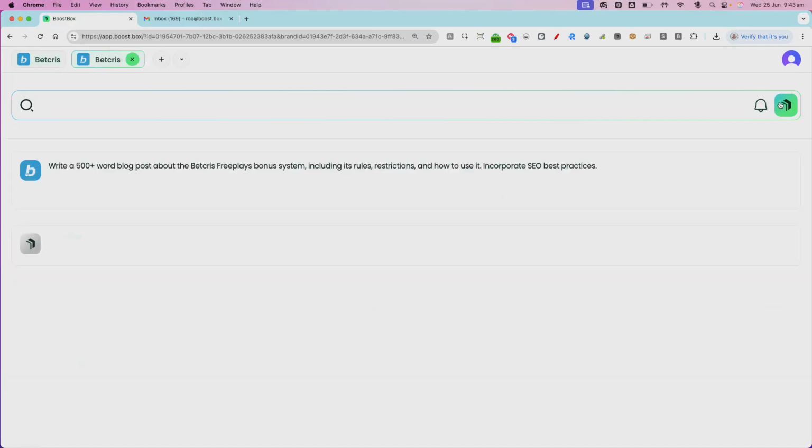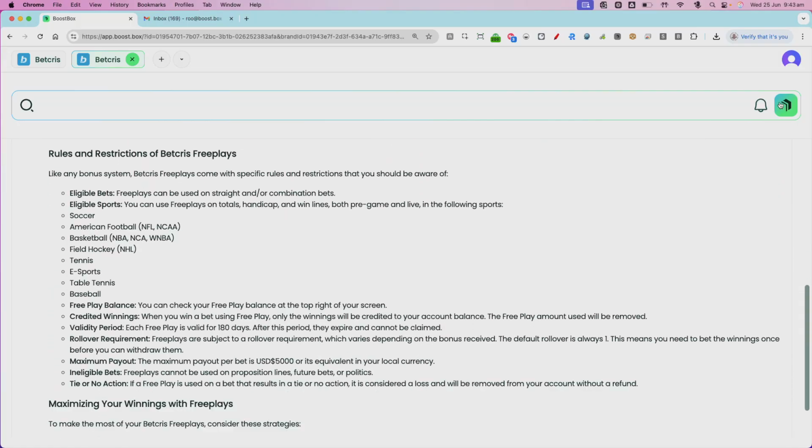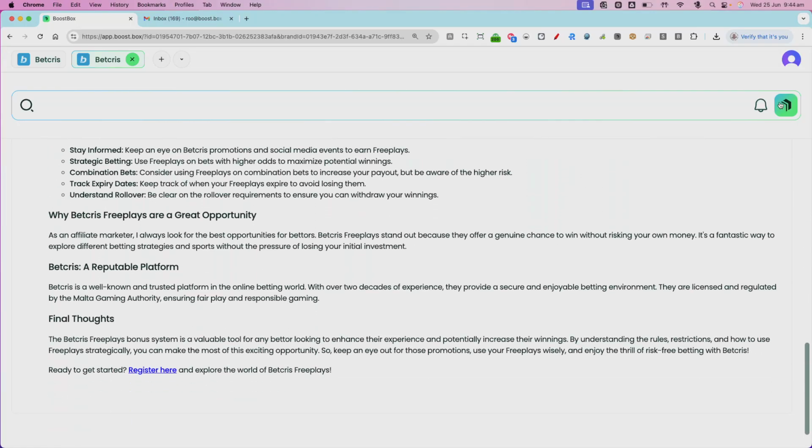But in this case, we'll just use this as an example. I'm now going to generate that post. This is what you do as an affiliate manager. Once you've generated this, you're going to be able to copy a link, and I'm going to show you that in a second once that content gets generated. So as you can see, there's the comprehensive blog post with all the information on it, as per normal BoostBox